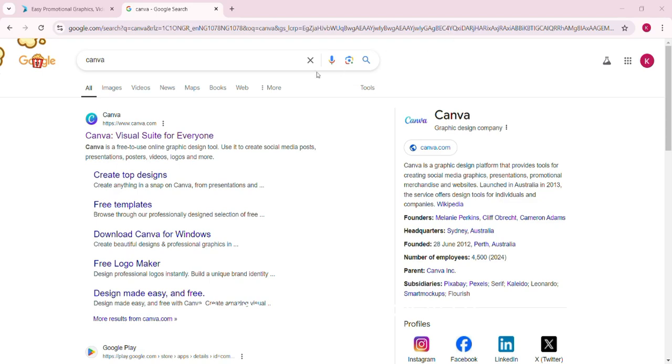Alright, so let's move. Okay, so one of the sites I'll be using to explain is called Canva, a very